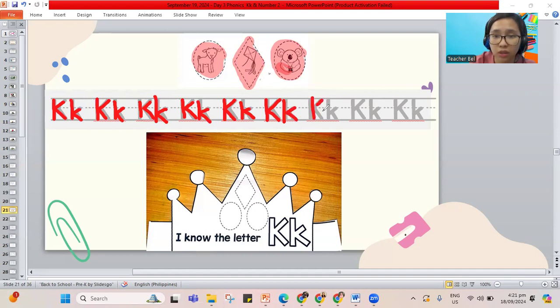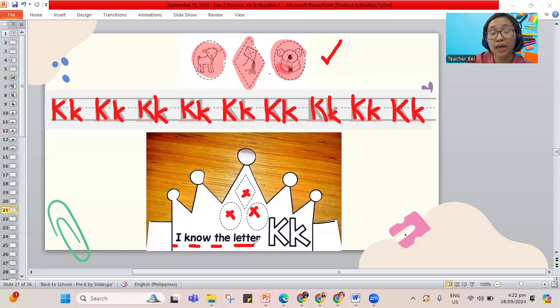So let's continue tracing. You have your letter K. Now remember your pictures, you need to cut them also. The ones that you colored go in the gems of your crown. And it says here, I know the letter. What letter, friend, did we do for today? It is the letter K. So line down, V on the side. Line down, kick in, kick out. There's capital and lowercase letter K.